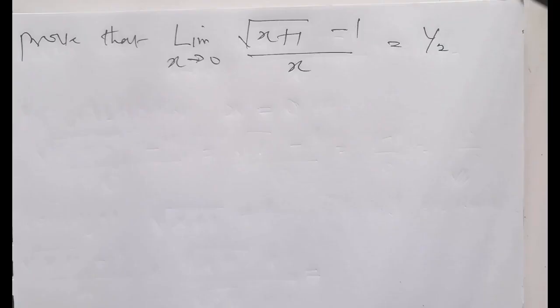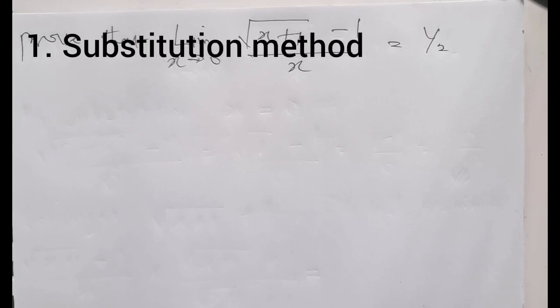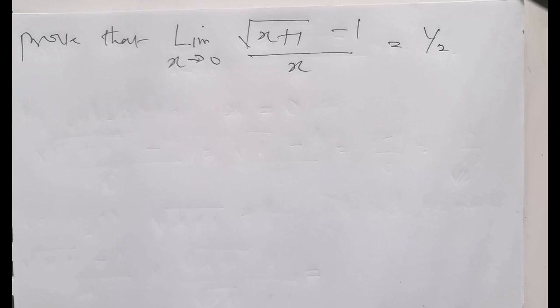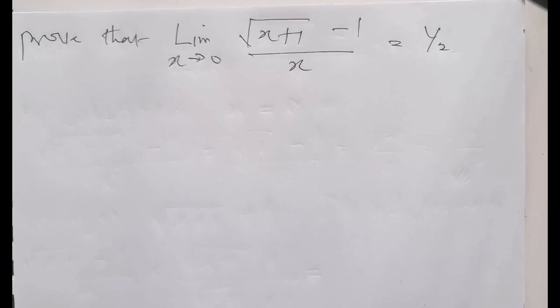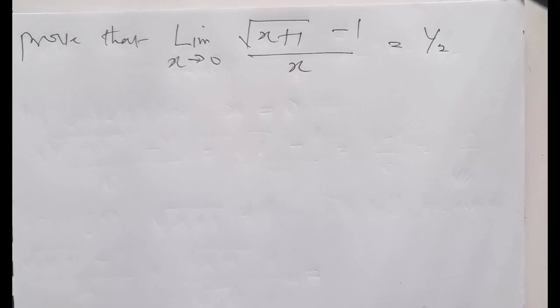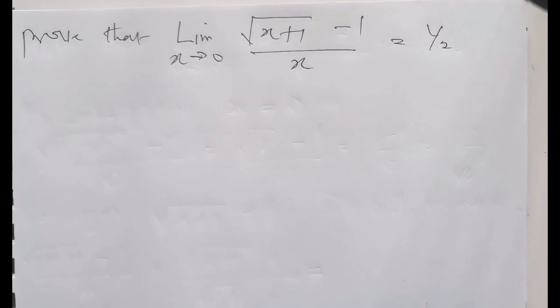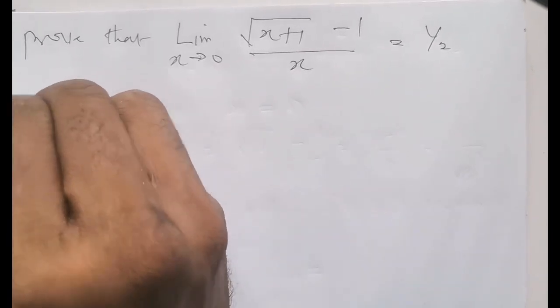Now there are about 4 methods of evaluating limits. The very first method, which is the direct substitution method, must always be tested before the next methods are employed. So the first thing to do is to try the direct substitution method, and if the limit fails, then you can try the alternative methods. Okay, so by substitution,